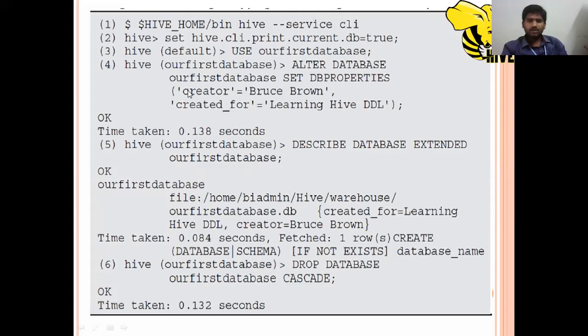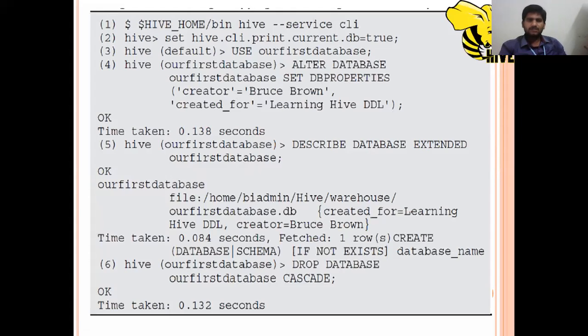I'm going to insert two more fields: the creator, that is who the creator is, and what it was created for, which is learning Hive DDL. This is the information we are adding to the previously created database.